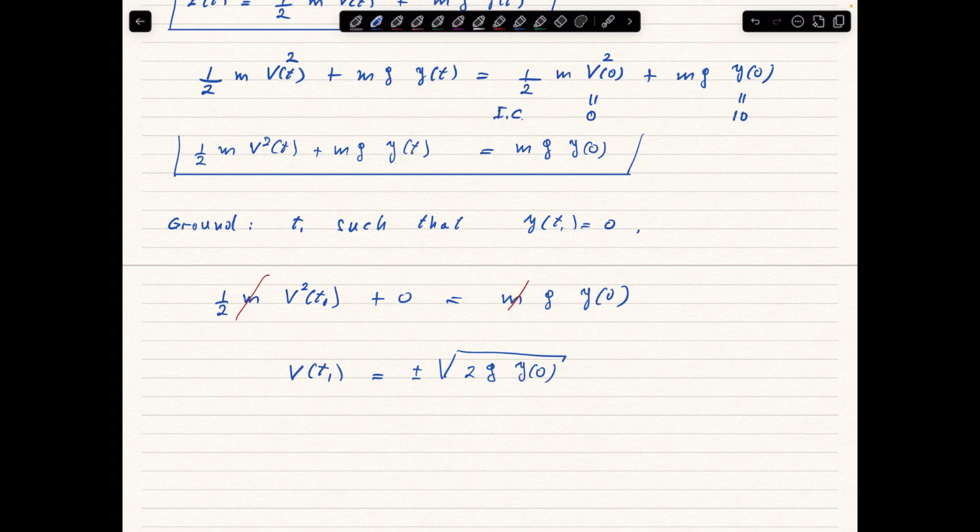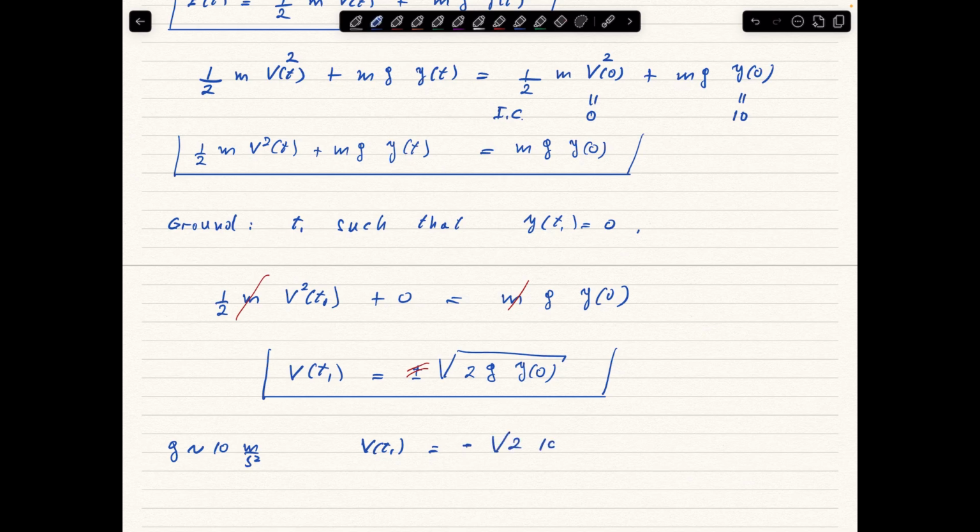We are going to choose the negative solution because this is the correct sign for the velocity. So that's it. We put the numbers. We are going to approximate g to be 10 meters over second squared, just to not use a calculator. And then we have minus the square root